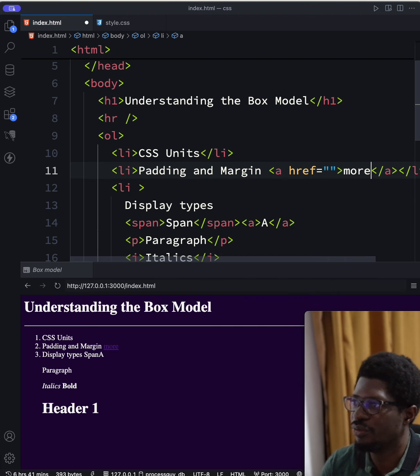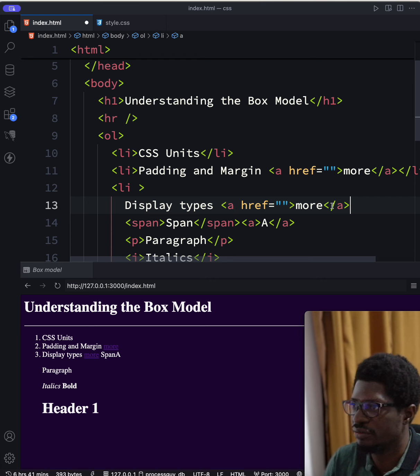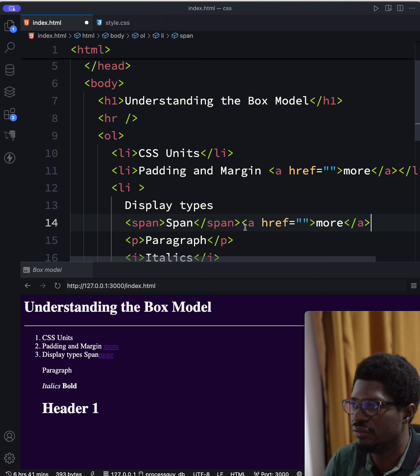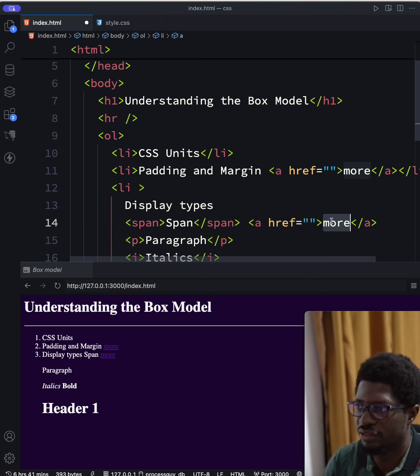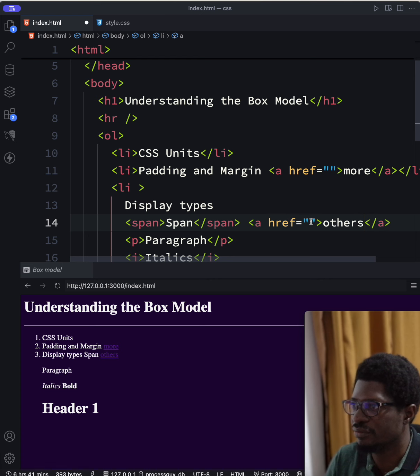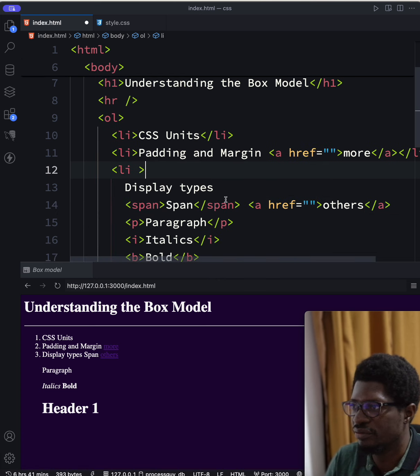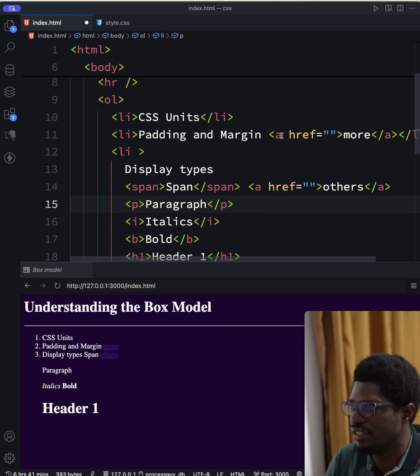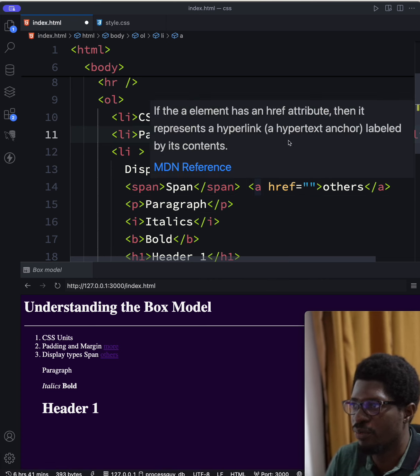Let's call this one more. And the other one, well, we have an a link here. Then this other one, I will call it others. So we have these two links here, and of course you can easily target them using select by name, but